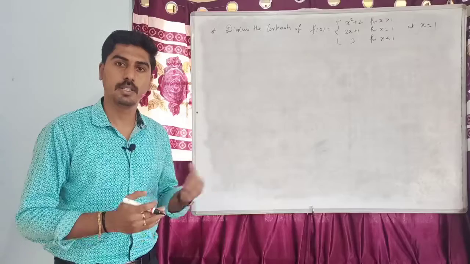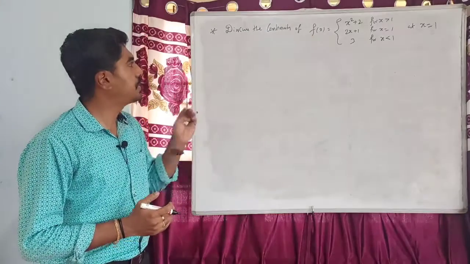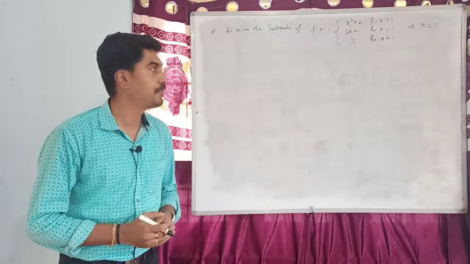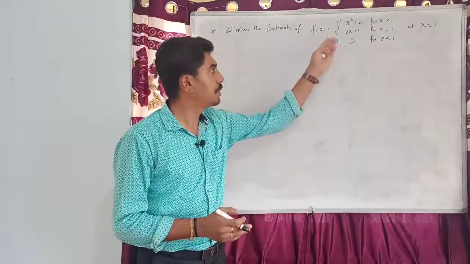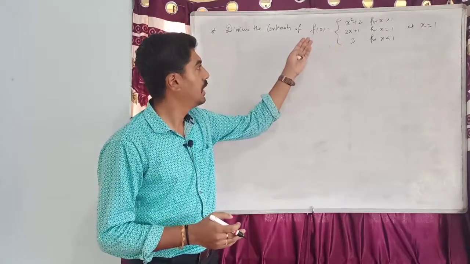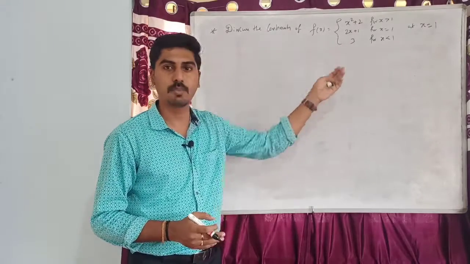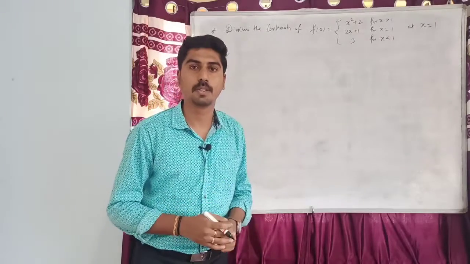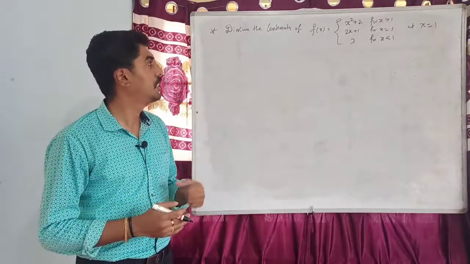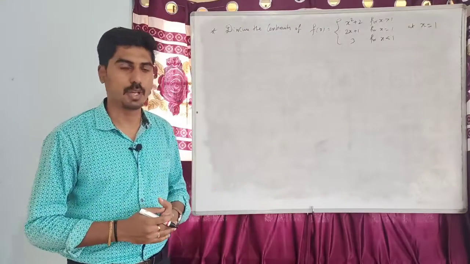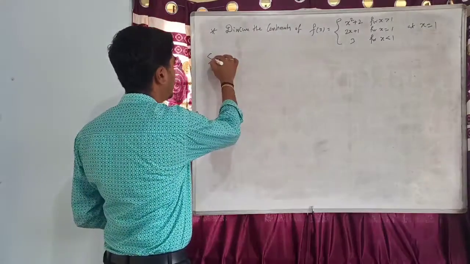Let us consider the next problem. Discuss the continuity of the function f of x, which is equal to x square plus 2 when x greater than 1, which is equal to 2x plus 1 when x equal to 1, and equal to 3 when x less than 1 at x equal to 1. First, let us find out the left hand limit as x tends to 1. Left hand limit